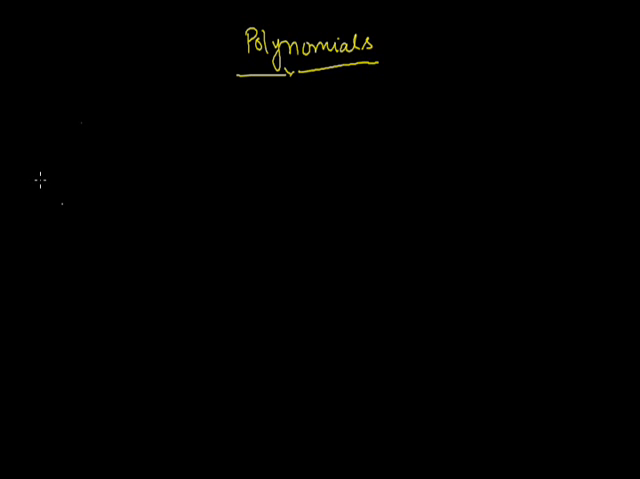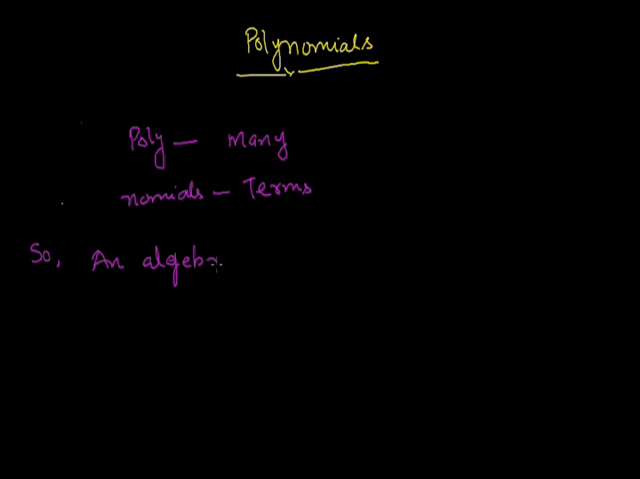Basically, "polynomial" is a Greek word. It's a combination of two words, poly and nomial. Poly means many, nomial means terms. So we can say that a polynomial is a combination of many terms. So we say that an algebraic expression